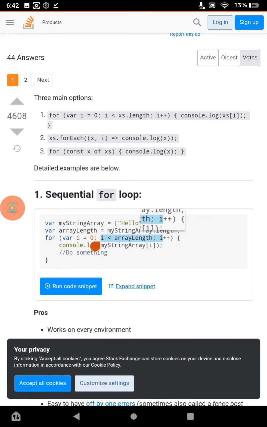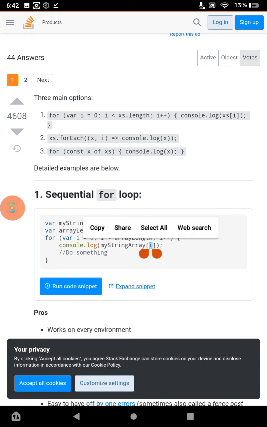If it's still less than 2, it takes the value in i and adds 1, increments. This is the increment operator. The value currently stored in i, and adds 1 to it. So then it takes that value, and